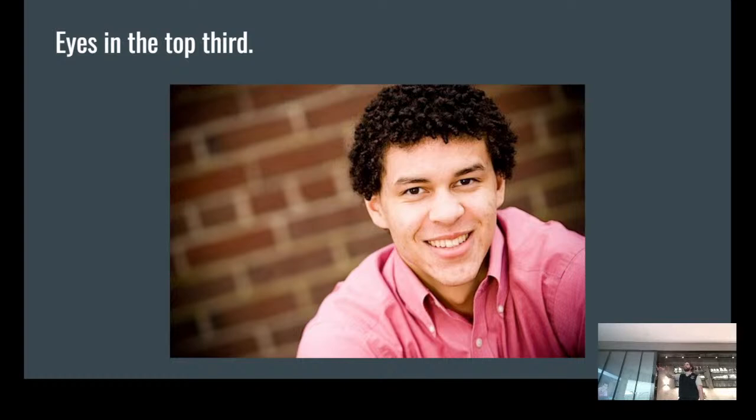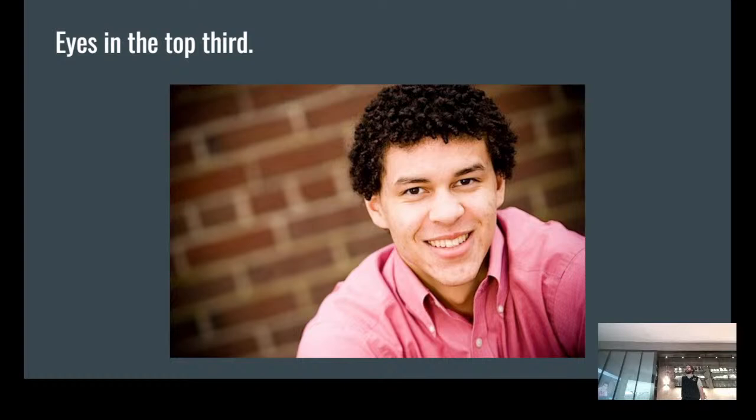So in this case, we basically have it where his, I would say, left eye, because he's on a slight slant, is just at about that third line, if not a little bit above it. From there, if we can keep the eyes in the top third, naturally as humans, we like to travel and we like to read images, kind of like we read things in a paragraph, but it's a little bit different because our eye travels from either most stimulating to most negative or most negative to most